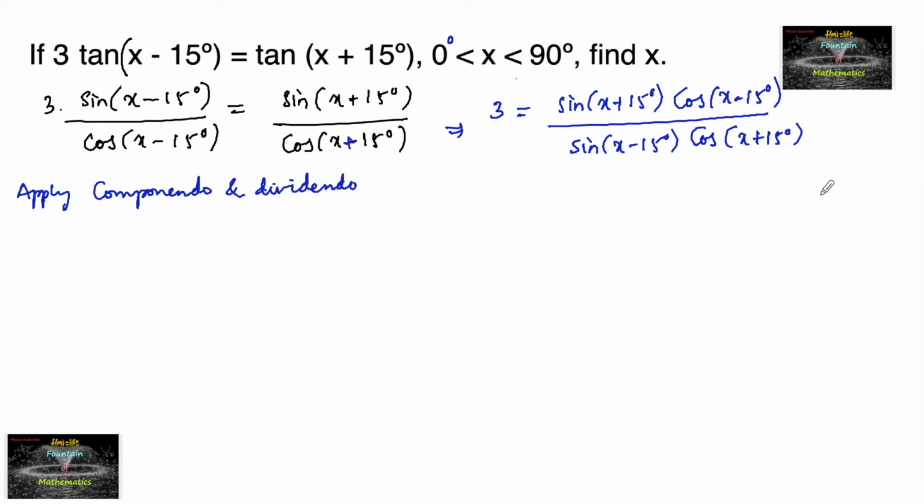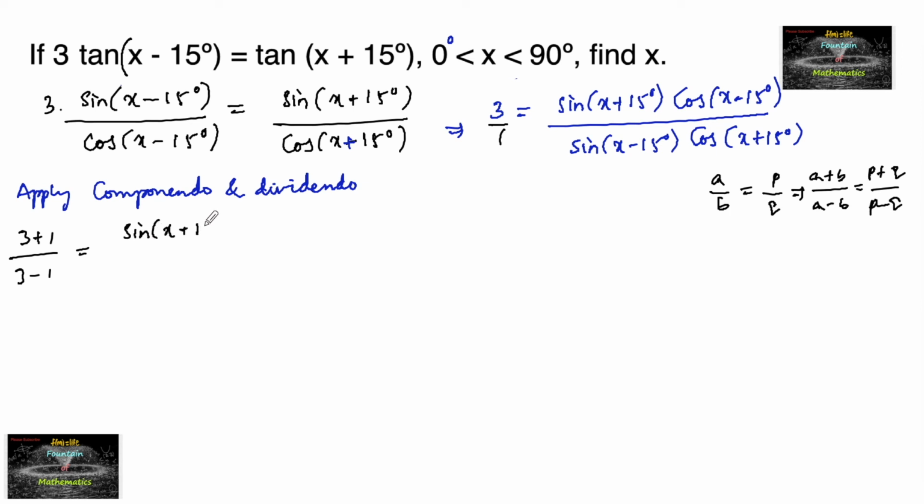So which states that if a by b is equal to p upon q, which implies a plus b by a minus b is equal to p plus q upon p minus q. So let us write here, this is 3 by 1. So we can write 3 plus 1 upon 3 minus 1 equals to